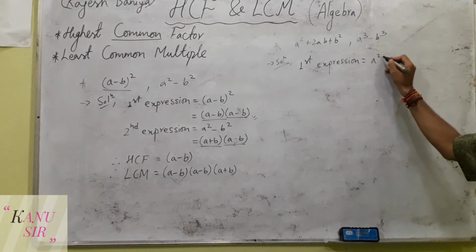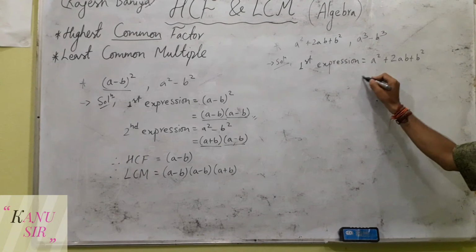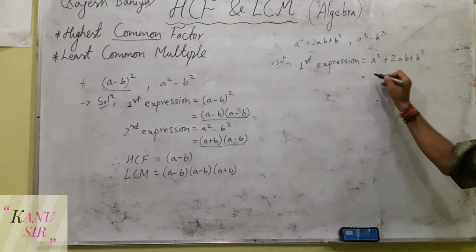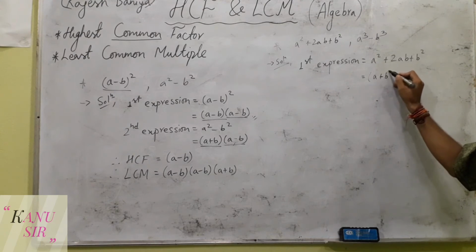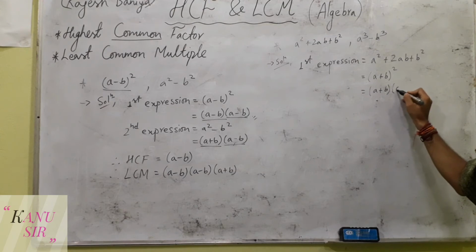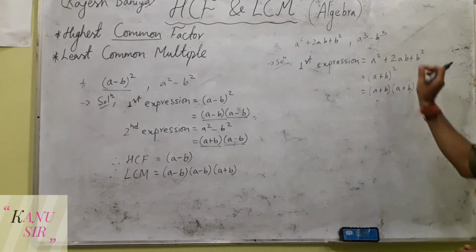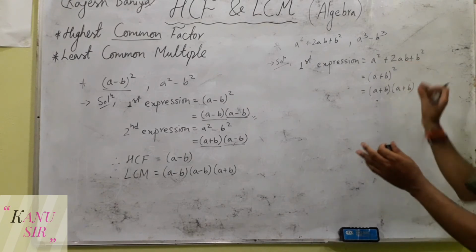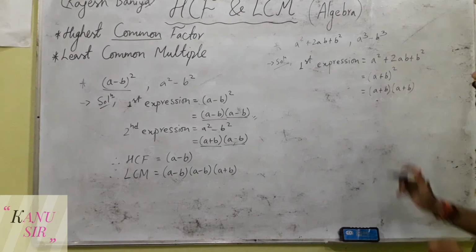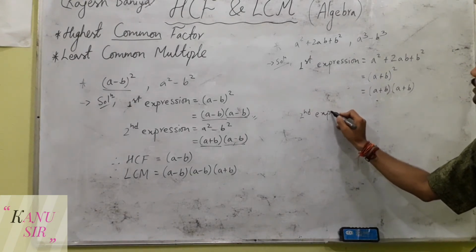The first expression is a square plus 2ab plus b square. If you remember the formula, you can directly write a plus b whole square, and after writing that you can change it into the multiple form like a plus b into a plus b. Otherwise, you can do the middle term break of the 2ab, and do the factorization and finally get the answer. After that, next is the second expression